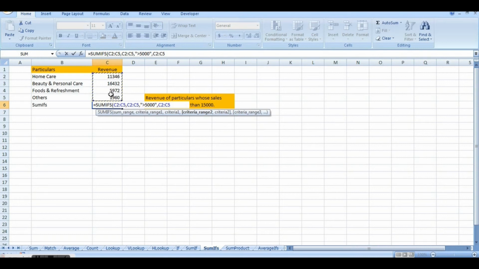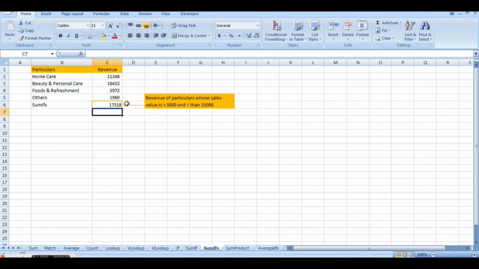So we selected the range, comma, and criteria 2. For us the criteria 2 is that it has to be less than 15,000. Inverted comma complete. Now you can have multiple conditions. In this case we have only 2. We'll simply close the bracket.